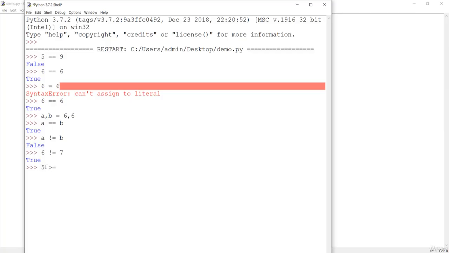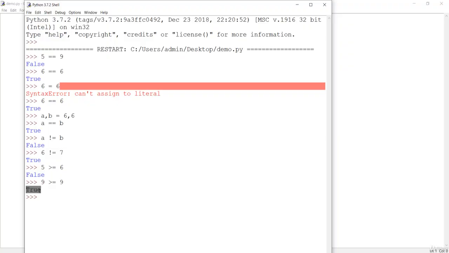So it will be something like 5 is greater than or equal to 6, which is false because 5 is smaller than 6, so both of these conditions are false. If I say 9 is greater than or equal to 9, it is true because 9 is equal to 9. So either of these conditions should be true for this to be true. So this is your comparison operators, and they are really easy and important.